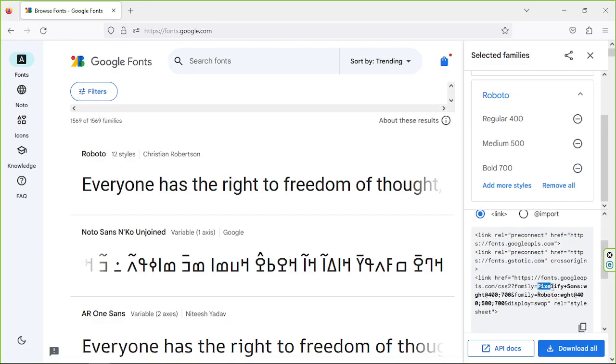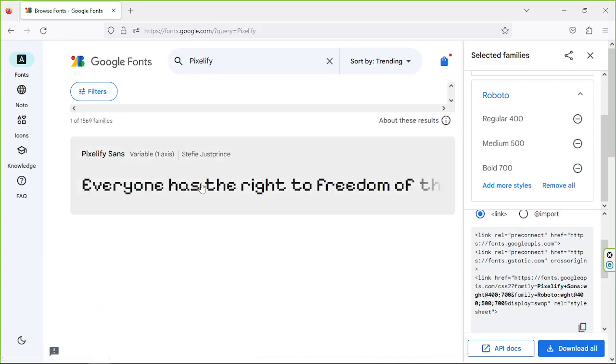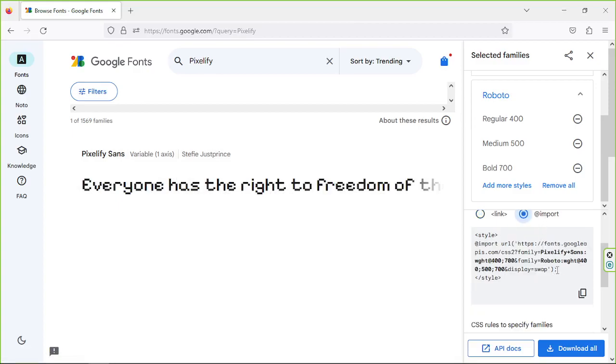And I have Pixelify as one of the fonts that I'll be using. So if you try to search for Pixelify, this is the one that I'll be using for this example game, and I'm just going to import. So you will see I have two Google fonts here that I'll be importing into a